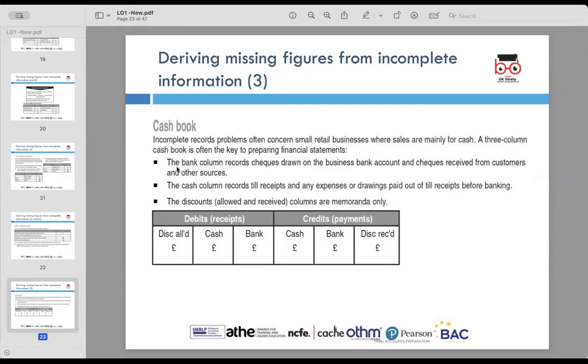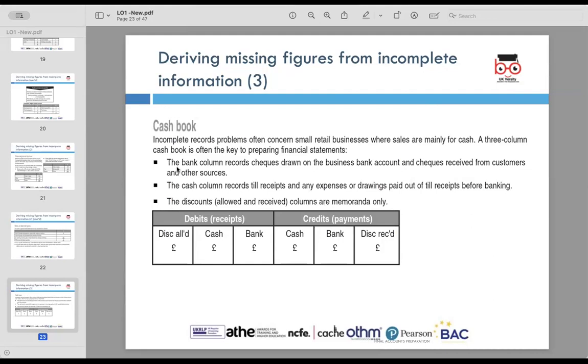Cash book, incomplete records often arise in small retail businesses where transactions are primarily conducted in cash. The cash book, particularly the three-column cash book, plays an important role in preparing financial statements. So the components of the cash book are: